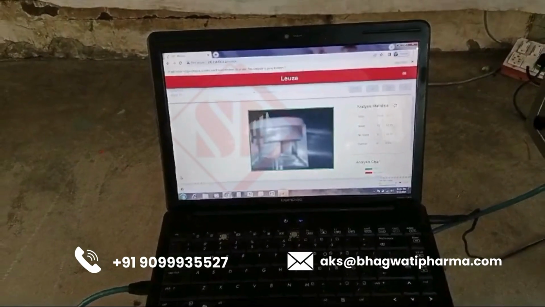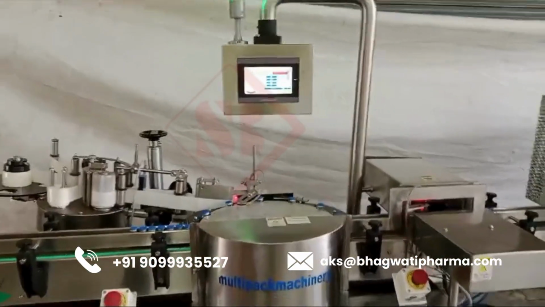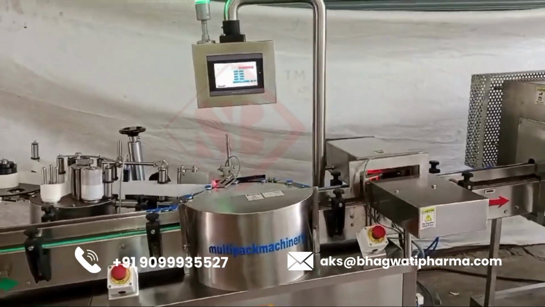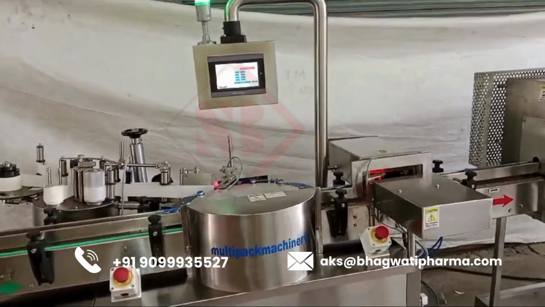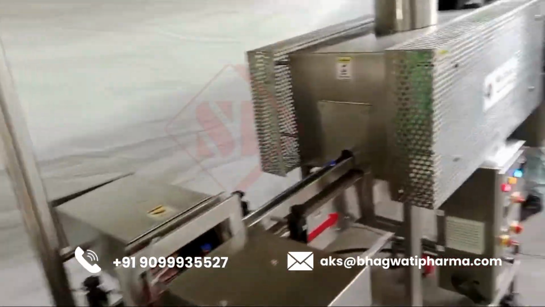2. Heat shrinking. Shrink tunnel. The vials with the applied labels pass through a heat shrink tunnel. Heat source. The tunnel uses hot air, infrared radiation, or steam to heat the shrink sleeves. Temperature control. The tunnel's temperature is carefully controlled to ensure the labels shrink uniformly without damaging the vials or the